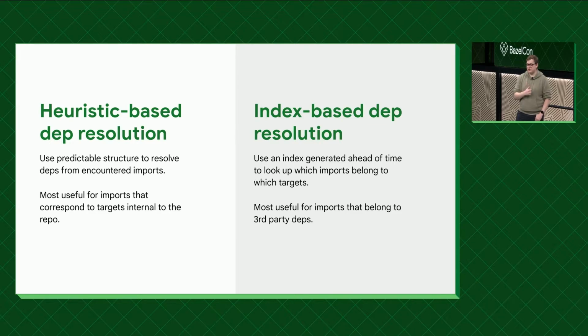The first is our heuristic-based dependency resolution. Because we on the build experience team can control things like lints and pre-commits, we can enforce the structure of what our repo is going to look like, and then we can use that to make assumptions. Assumptions are really valuable when you're trying to write these things because they're really fast and keep edge cases from leaking in. The other resolution method that we use is index-based, which is similar to how Gazelle does it, but we don't create it at runtime. We create a persistent index on a regular cadence that our tool consumes.